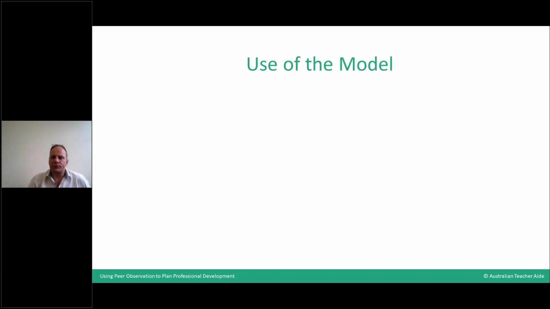So, the uses of the model. First one here is upskilling. I say this meaning using a more experienced TA with a less experienced TA in the same role. So you might have two TAs that are on prep classes in primary. One's been doing it for a couple of years, the other one has just come. You might match those people together so that the newer TA can learn from the more experienced TA.